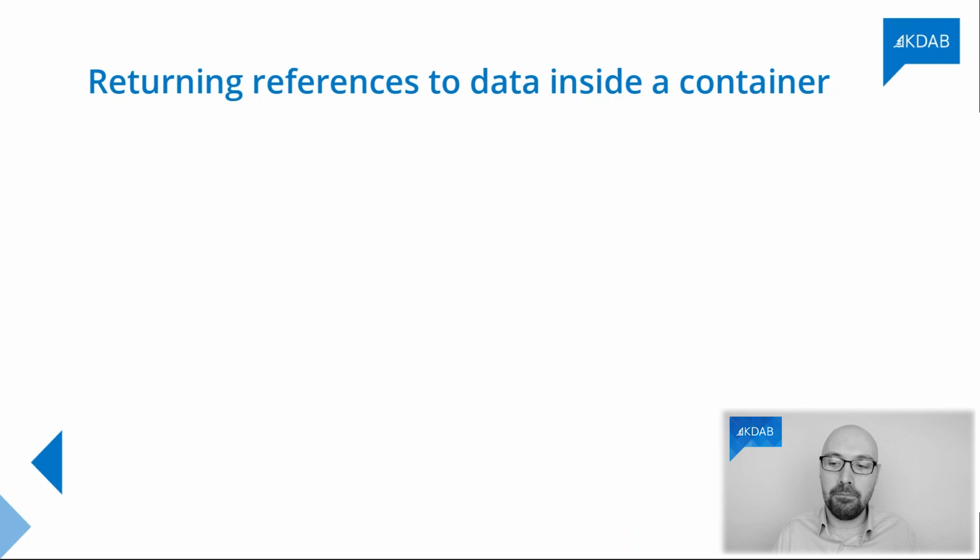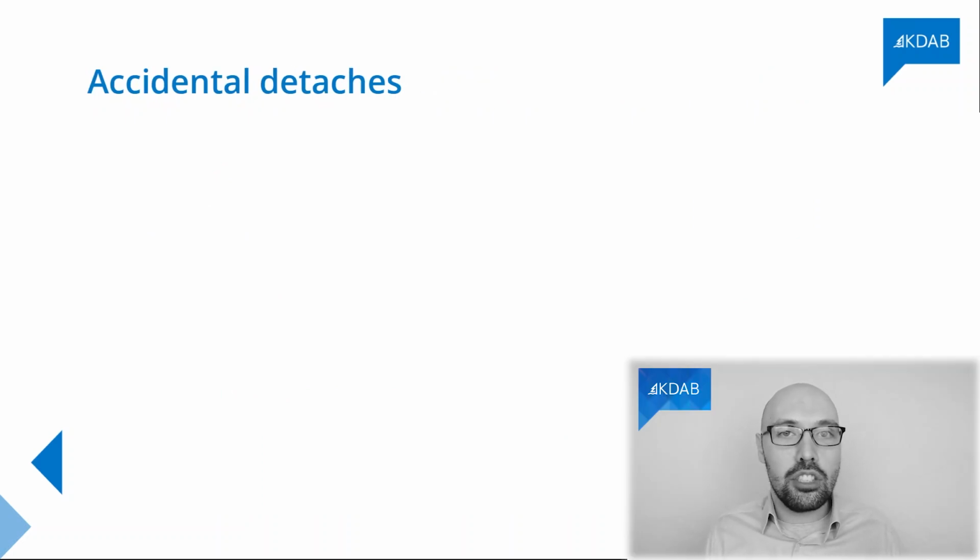And by references, I mean things such as actual C++ language references, but also iterators and any kind of pointers inside your own container. Another aspect of all this implicit sharing story is that as soon as you call a non-const function on a container, the first thing that Qt is going to do is to check whether that container is shared, and if it's shared, then it's going to detach it.